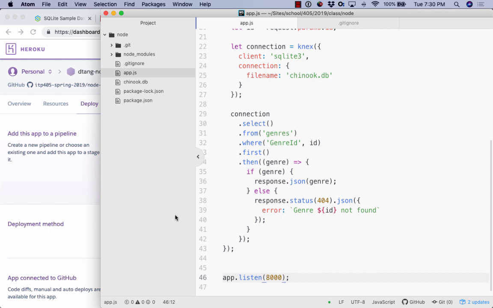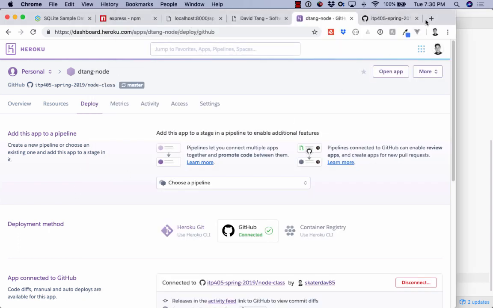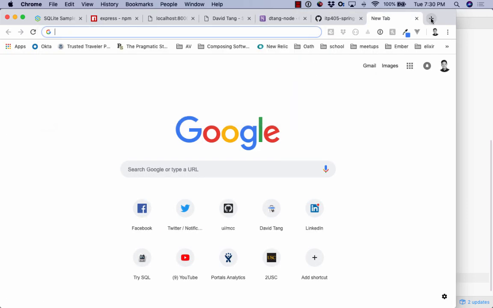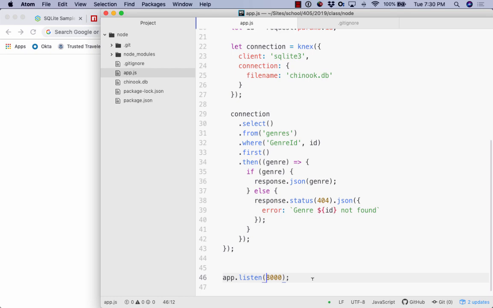Okay, so we need to tell Heroku which port to listen on. It's 80 on Heroku, right? Well, Heroku's port is exposed in an environment variable. So what I want to say is, in development, I'll use this 8000. Otherwise, when it's on Heroku, use the one that Heroku provides. So it's actually located inside of